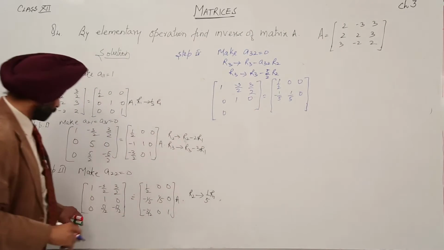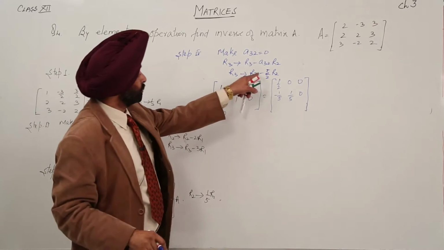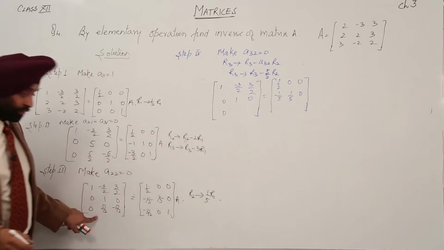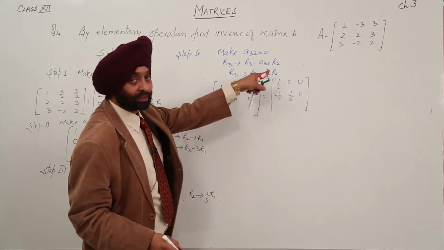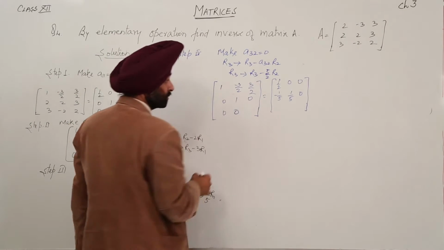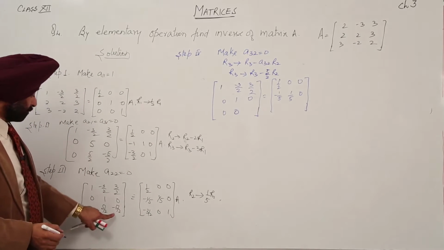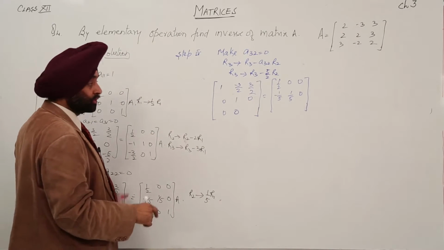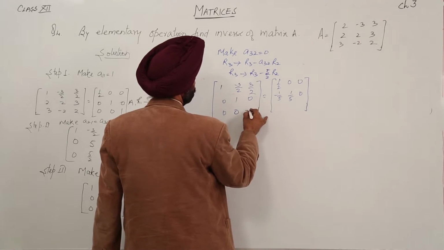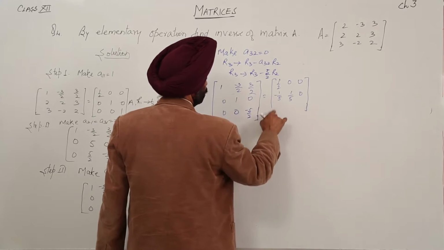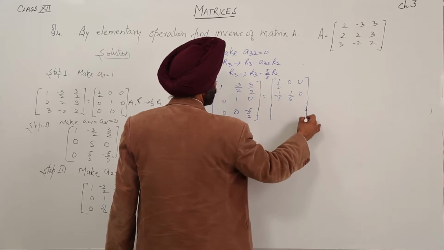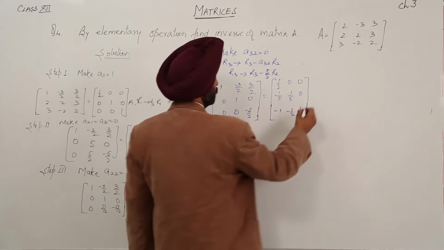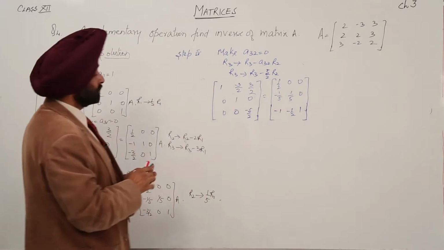After calculation, this was 0 minus 5 by 2 times 0, it is 0. Okay. Then 5 by 2 minus 5 by 2 times 1, 0. Okay. Then minus 5 by 2, we have to write here minus 5 by 2 minus 5 by 2 times 0. So this becomes minus 5 by 2. Similarly, we can calculate the whole thing, we are having minus 1 by 2 and 1. Okay. So we have applied this step. Now this was step number 4.